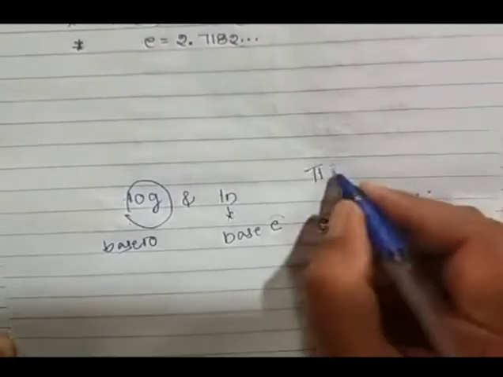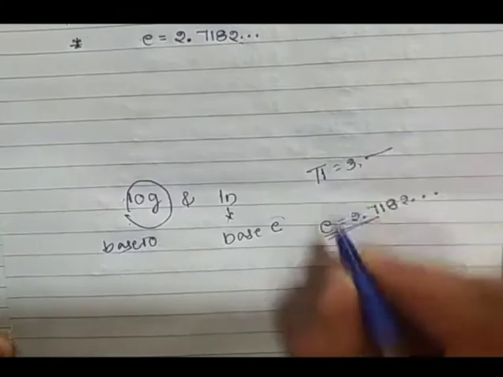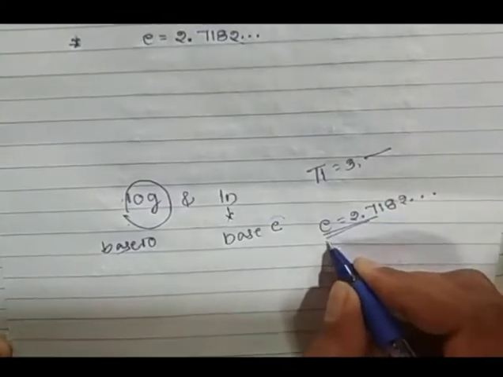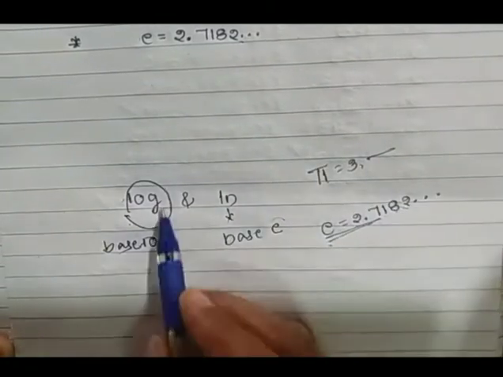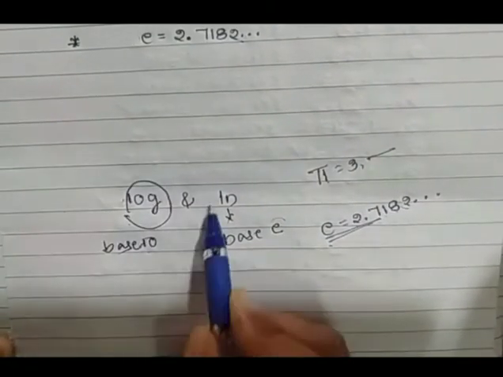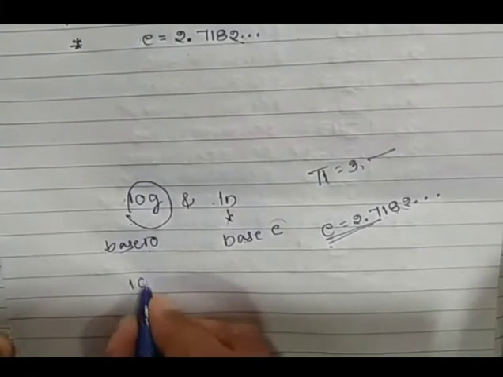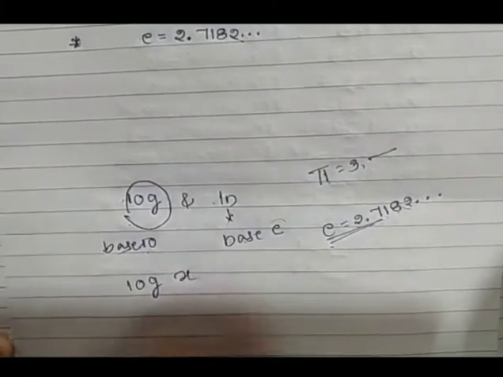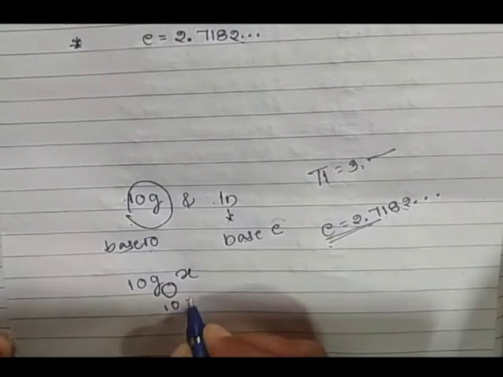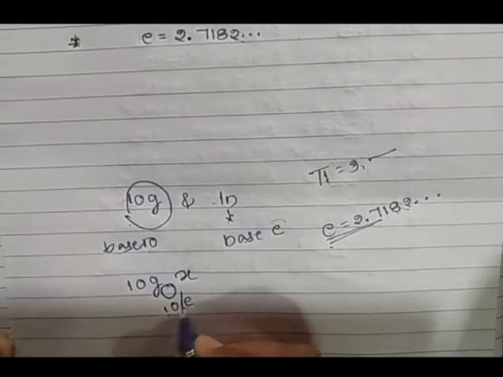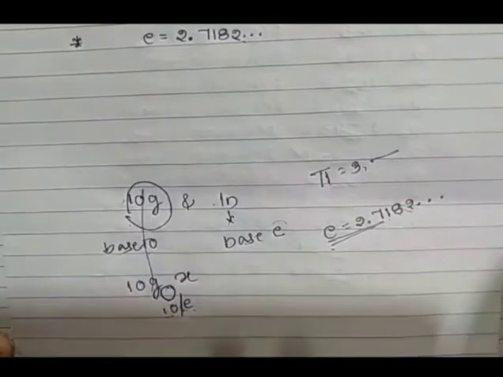This exponential term e has a particular constant value. ಈಗ pi ಯಾವ ರೀತಿ value ಇರುತ್ತಲ್ಲ, like 3.142 and so on. Similarly, for e we have a constant value, that is 2.7182. Log is for base 10. This ln is for base e. Next, in the question, if they have just mentioned log x, then what will be its base? Whether it is base 10 or base e. Then how to solve such an example?